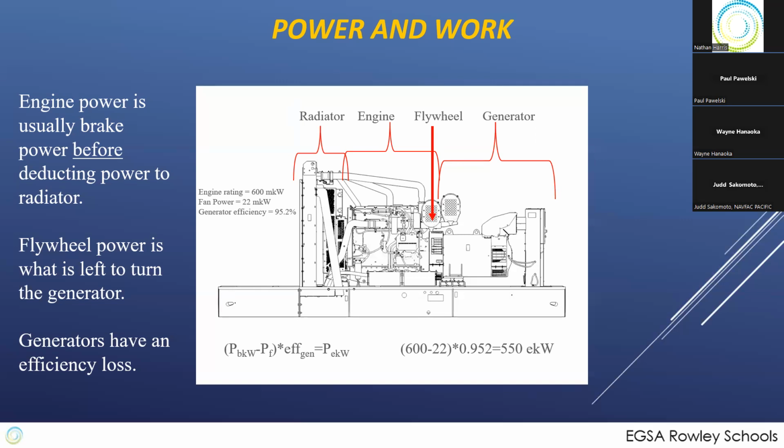Now, this is different if you don't have the radiators on the machine. Again, for the example going out to Camp Lemonnier, we don't want all that air running through the inside of the power plant, so we put remote radiators. Instead of driving them by mechanical link on the fan, they're driven by an electric motor out on the fan, which means this piece here is gone, but then for the EKW you get coming out the back end, you have to subtract the EKW used to run the electric fans because they get priority pulling power from the circuit. But this is the basic setup for understanding how mechanical power relates to electrical output,